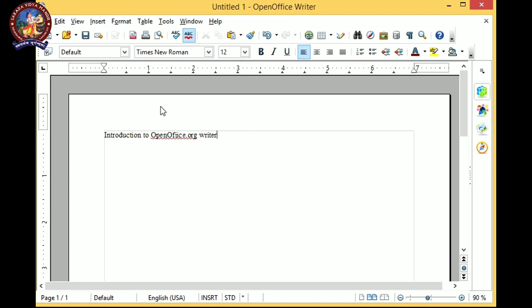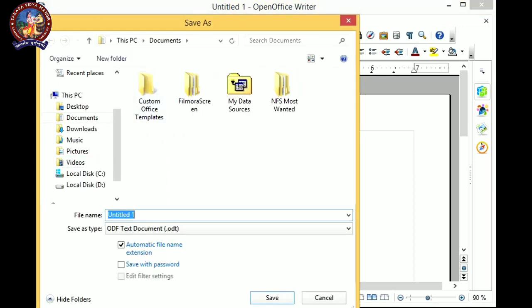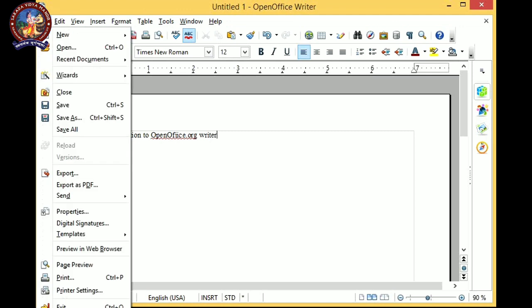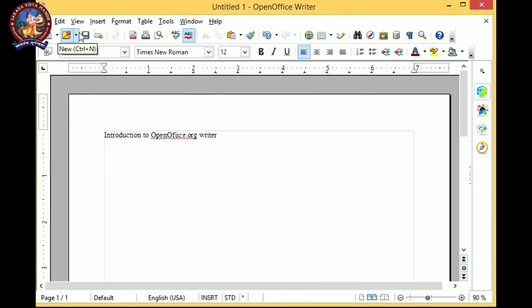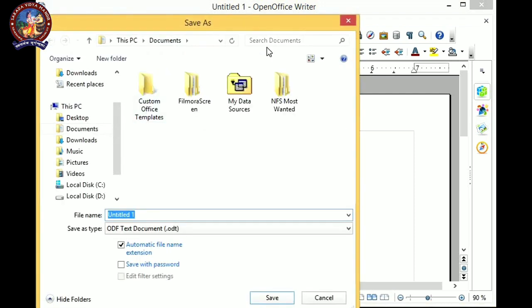You can see the Save As window opens, or we can click the Save option from the menu, then also the Save As window opens, or this is the Save button available in the standard toolbar, so we can directly click on it also. Whenever we click it, the same window opens.